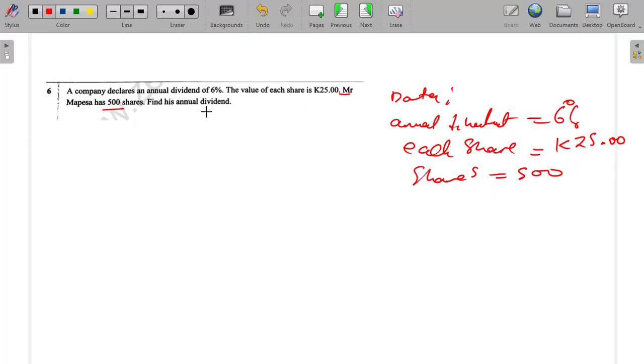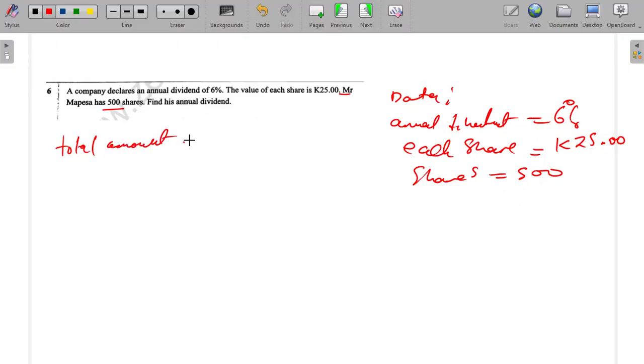So find his annual dividend. We have been told that the annual dividend is 6%. So we need to find the amount in terms of the annual dividend that he is going to be getting. In quarter, how much is he going to be getting from the 500 shares that he is having? For us to know, we need to know what is the total amount that you are going to get from the 500 shares. So how do you do that? For us to get the total amount,